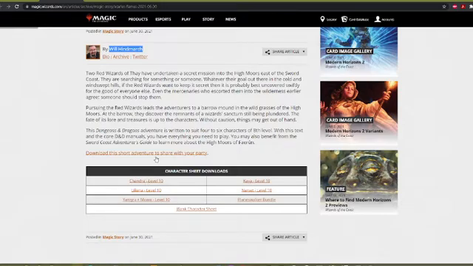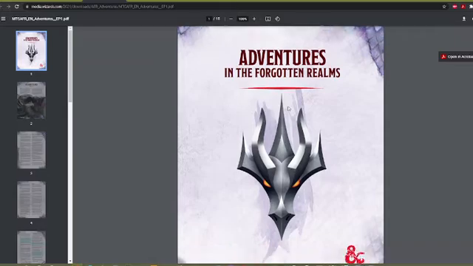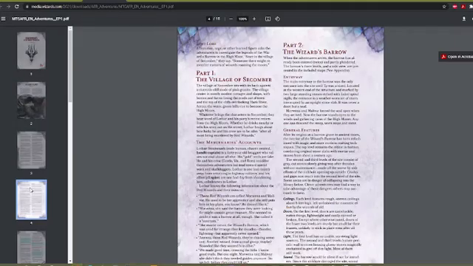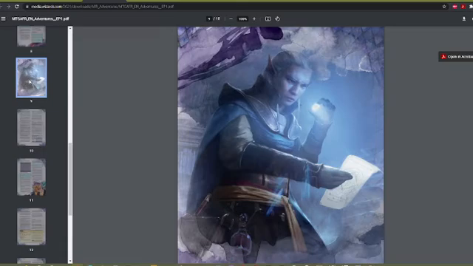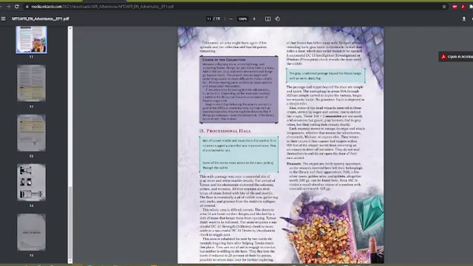All of these downloadable as PDFs. There are 5 of them. Here's what one of them looks like. Adventures in the Forgotten Realms. We'll just zip through from page to place. You know, well put together, just like you would expect. Nice artwork inside of these. Got a lot going on. And, of course,